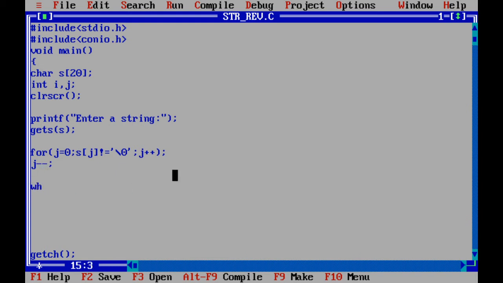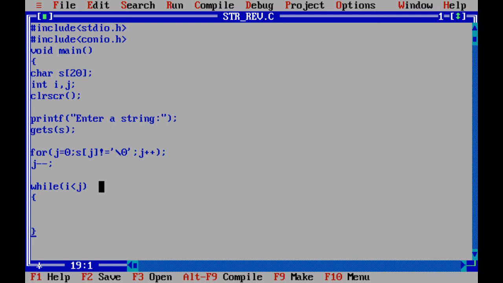And now what we have to do is continue the process till i is less than j. We have already explained this. Indirectly, we have to stop when i and j meet each other, or i and j cross each other.